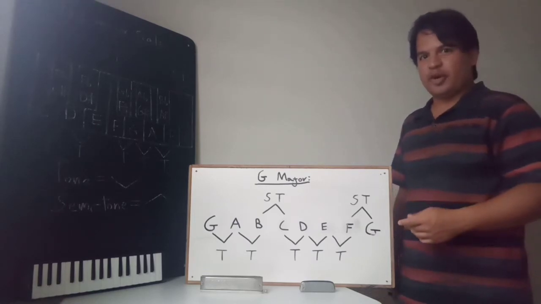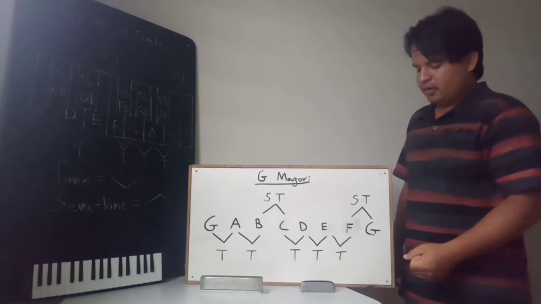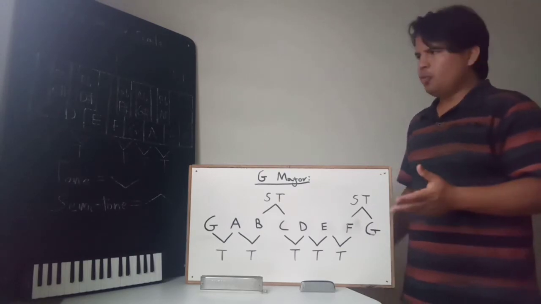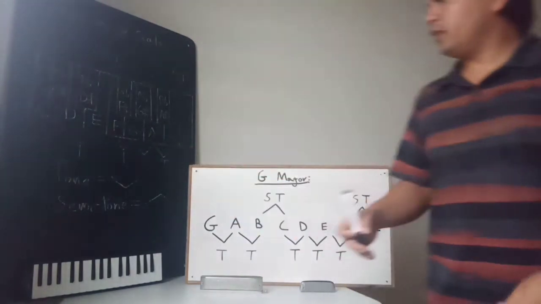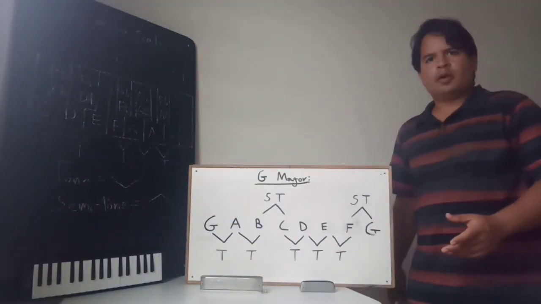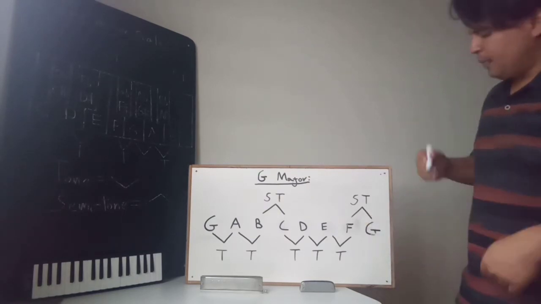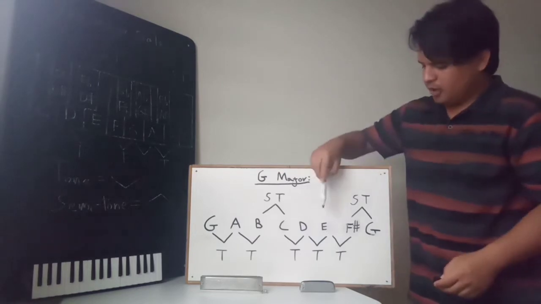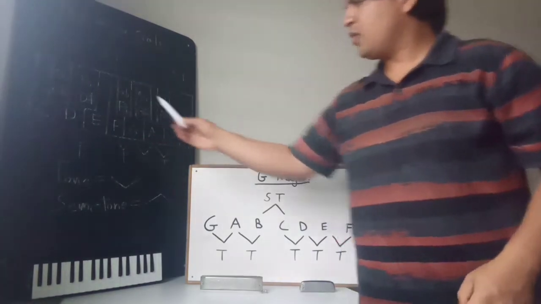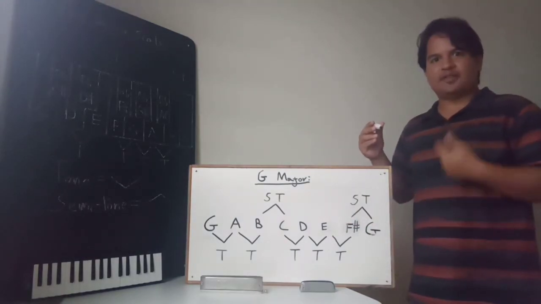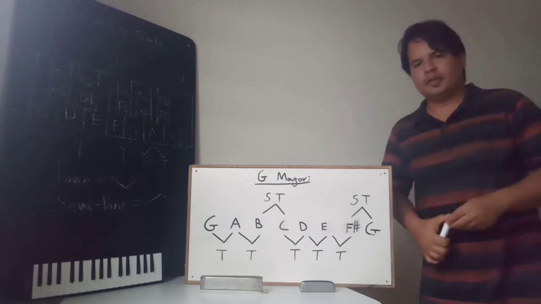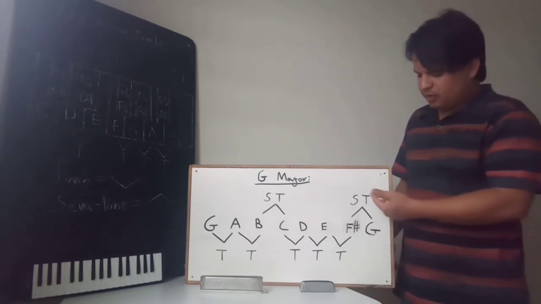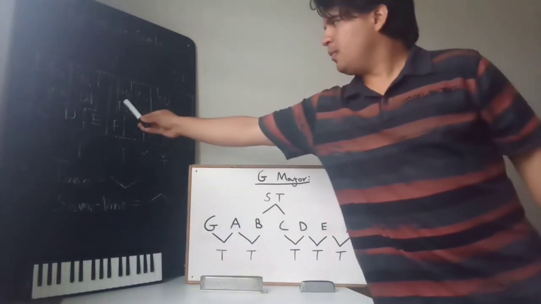Now, from the sixth to the seventh degree of this scale we have here, is there a tone, as the rule here says? No, because from E to F, there is no black key. So, we need to change the name of this note and make it an F sharp. Because if you think from E to F sharp here on the piano keyboard, there is actually a tone. And finally, from the 7 to the 8, which is a repetition of the root, is there a semitone? Yes, because from F sharp to G,